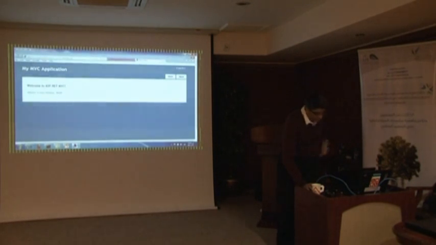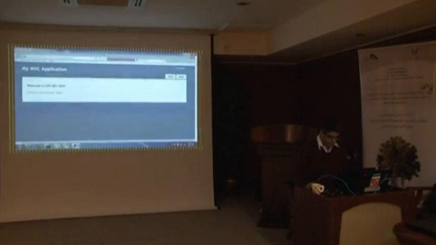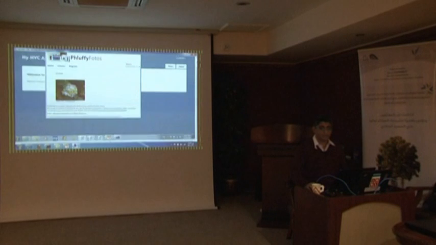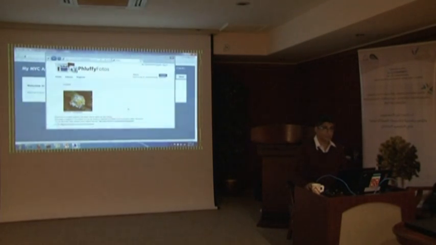So let's go back to that fluffy photos that we talked about. So this is an application, this is again hosted on the cloud, right? It's an Azure application. The source code is available to you on Codeplex. So you can go and have a look at it. What this does is, if I sign in,